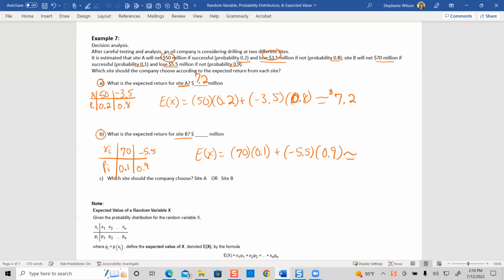And that gives me, let's get our answer out real quick. 70 times 0.1, I'm going to add that to negative 5.5 times 0.9, which gives 2.05